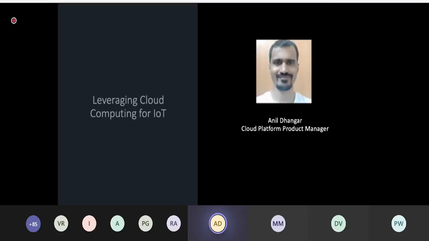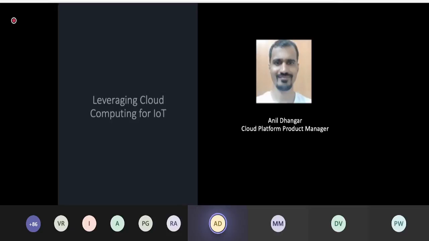And we'll walk you through the journey of how cloud computing is going to be leveraged from the data point of view, because cloud is all about dealing with the data and computing. So I will brief you about how the data is going to play an important role for the IoT platform or IoT technology, and that will bring you the knowledge about how cloud can scale to millions or